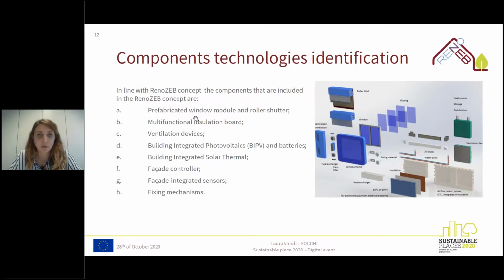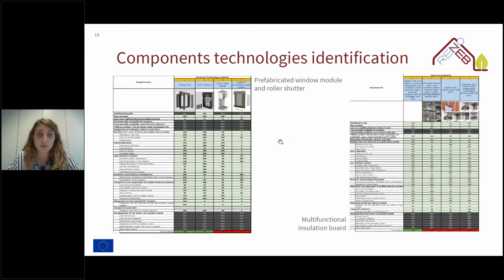We have already seen all of these macro technologies, and for each of them, we have developed the matrix. I'm going to briefly show you what we have done. For each macro technology, for instance, the prefabricated window module and roller shutter, we have defined four of the main products that we can find in the market. We have compared them related to the matrix and find the best